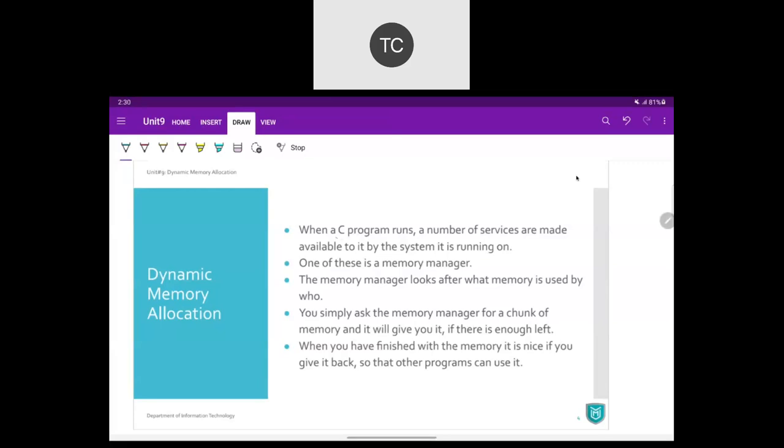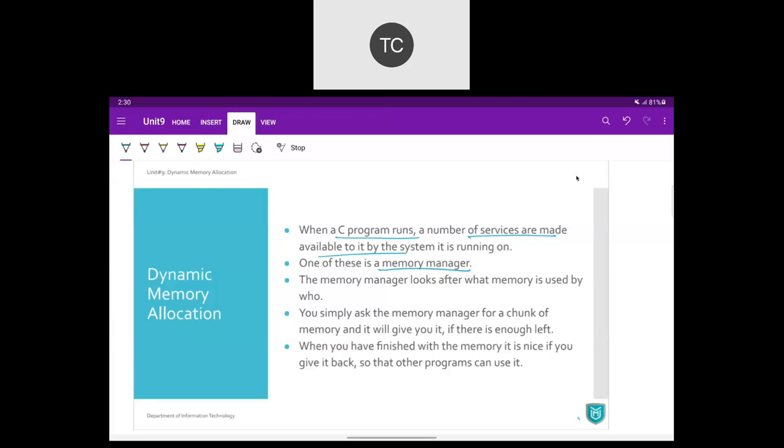So when a C program runs, a number of services are being made available from the system to the running program. And one of those services we have is memory manager. Now that's being done by the operating system, so we need not be bothered about this entire process.